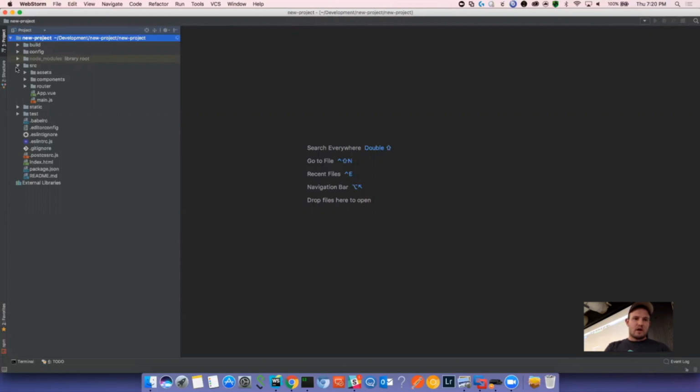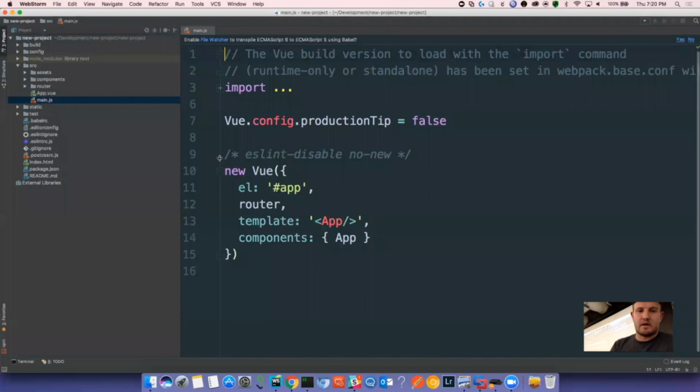So your source code is going to be in source. Let's start with our main.js. This is where we instantiate our Vue project. We give it this element property. Unless you're going to have a separate Vue.js application in your project, this is the only place that you need